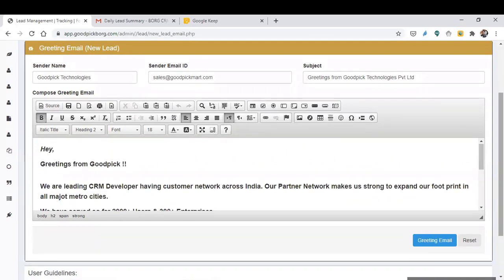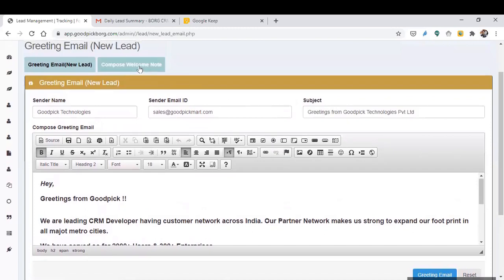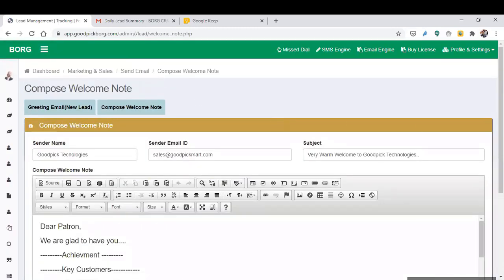It should look very good, so that once your prospect goes through that mail after talking to you, it adds value to your brand and to your conversation, and to some extent he will form a positive impression of your company, your product, and your salesperson also. The same way, the welcome email can also be set.